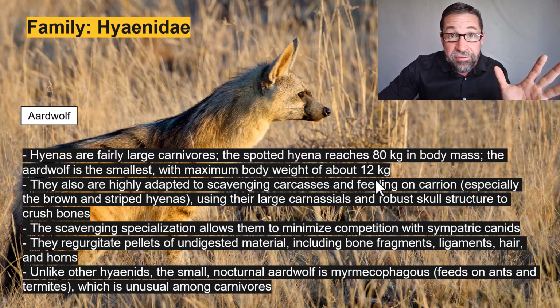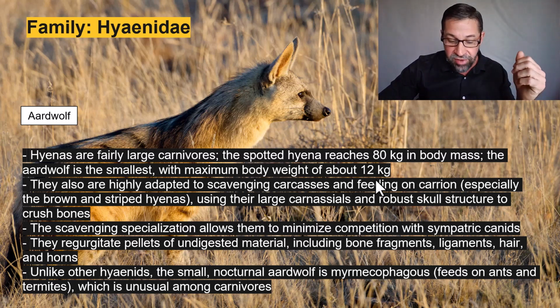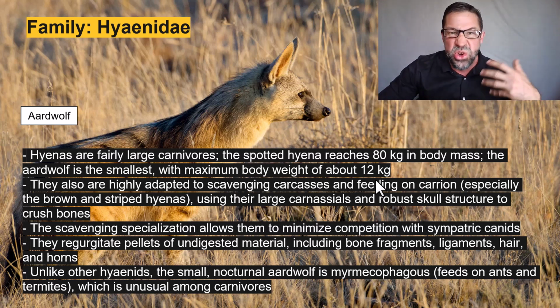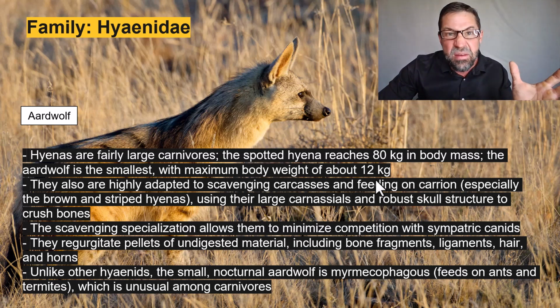The scavenging specialization of brown, striped, and spotted hyenas may allow them to minimize competition with sympatric canids out in the African savannas. They're going to regurgitate pellets of undigested material, including bone fragments, ligaments, hair, and horns, the